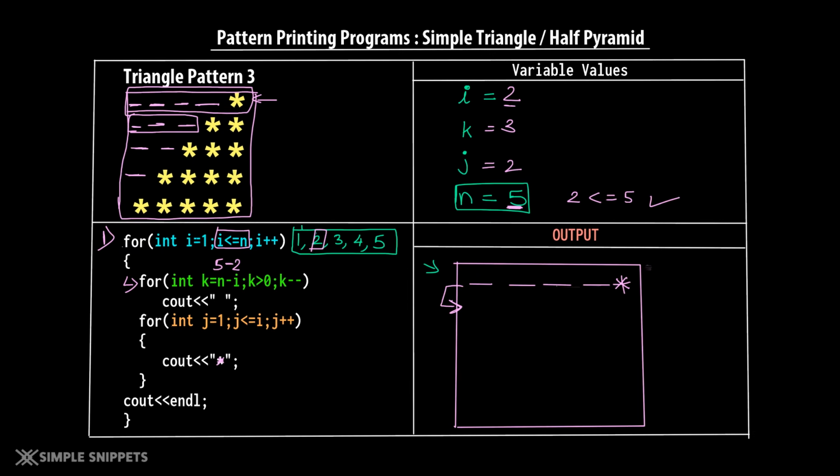So k will start from 3. And of course k will run from 3 to 0 because we are saying k minus minus and 3 has to be greater than 0. So it will take the value of 3. It will become k minus minus, it will become 2. Then k minus minus, it will become 1. And when it becomes 0, of course this condition will break. So this for loop is going to run for 3 times, and for 3 times it is simply going to print out 3 spaces saying cout and then this blank space. So for this for loop, the output is going to be 3 blank spaces, 1, 2 and 3.